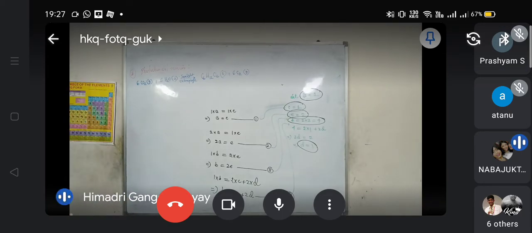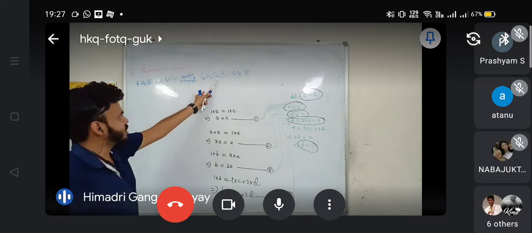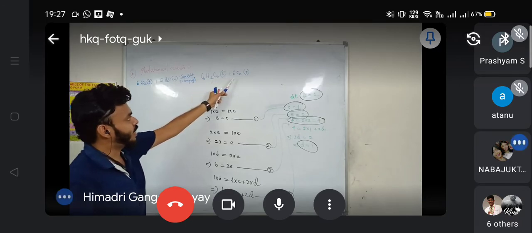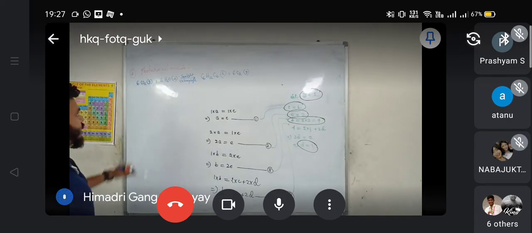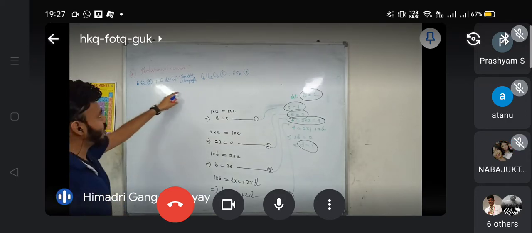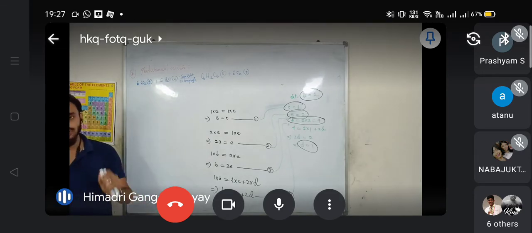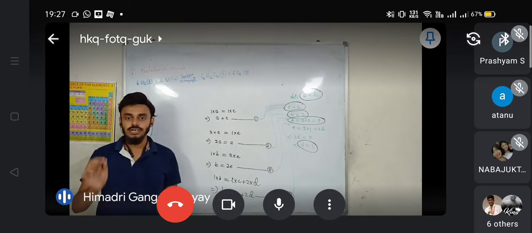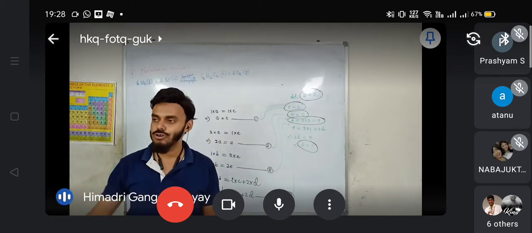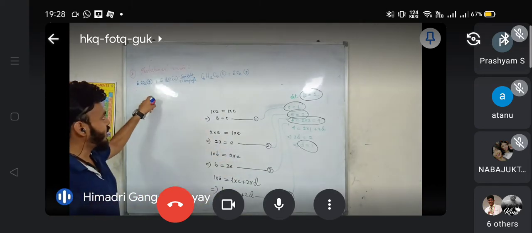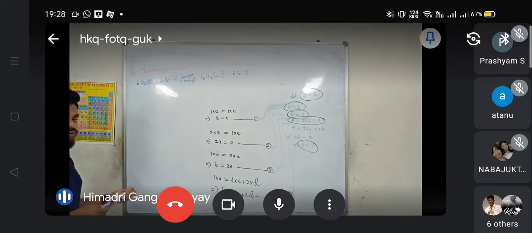No, it is already balanced, I think. Look at the reaction. There is 6 oxygen here, and there is 6, 12 oxygen, total 18 oxygen, and in the LHS there are 18 oxygen. So this is an example of photochemical reaction, any reaction which occurs in presence of sunlight, not in the light of tube light, no CFL, no. It will only occur in presence of sunlight, will be photochemical reaction.